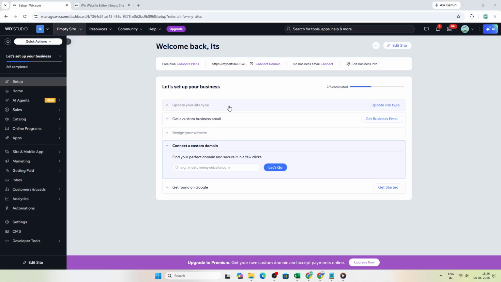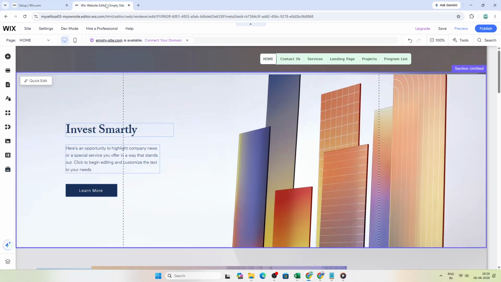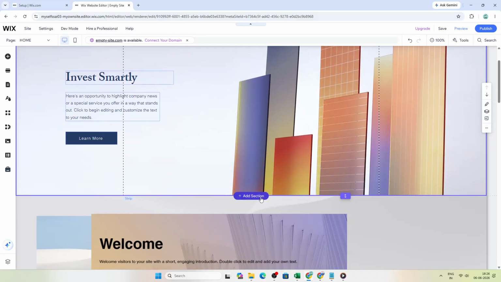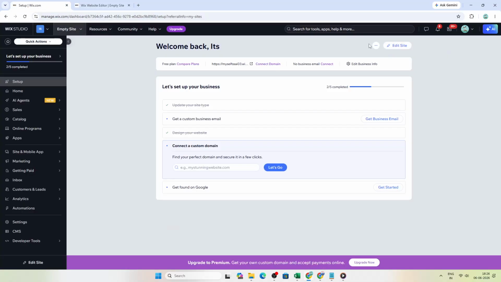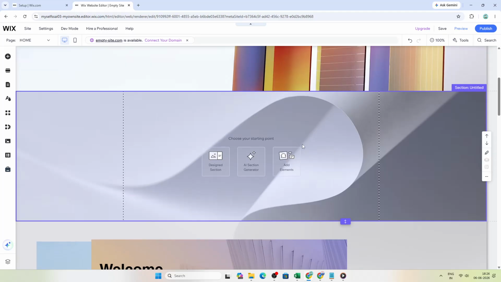In today's video, I'm going to teach you how to add Facebook and Instagram page links to your Wix website. To get started, open Wix, find the website you want to update, and click Edit Site. This will open the Wix website editor, which is where you can customize the layout and add new elements to